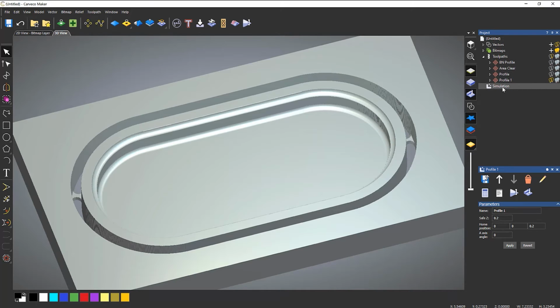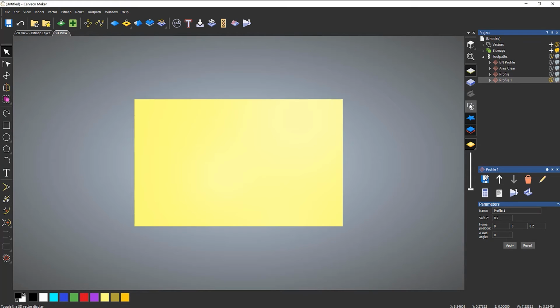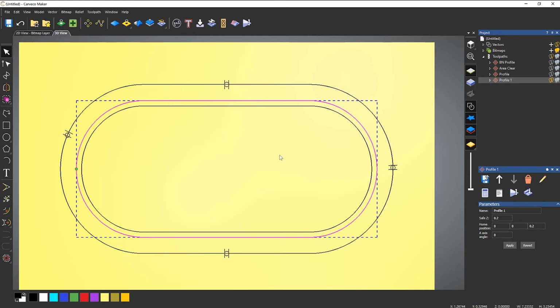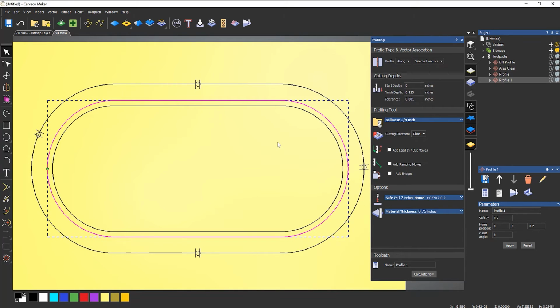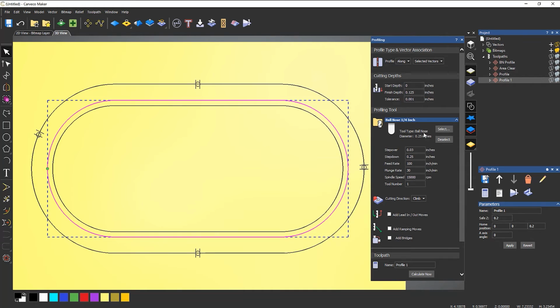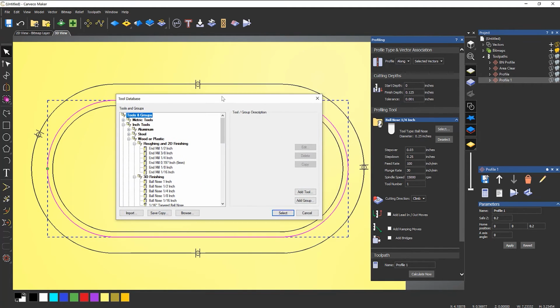So what I'm going to do is delete the simulation, and let's take a plan view, turn on the vectors, and then let's turn off that toolpath. If I double click that toolpath, that opens up the toolpath for me, and I can't use this ball nose. So what I need to do is click select, and I don't have